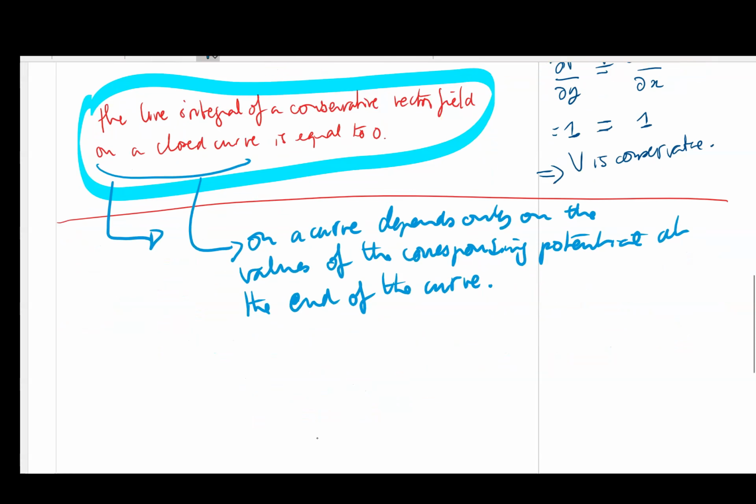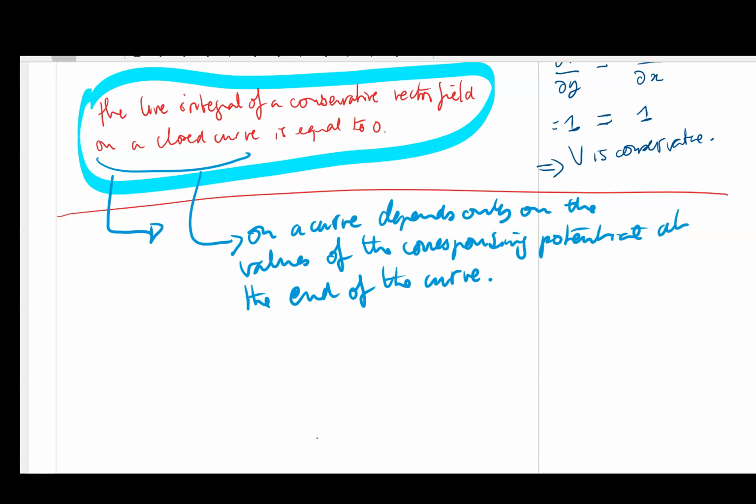Okay, so for instance, let's look again at the previous one, which we saw is conservative. So example, my vector field again is going to be given by P of x,y is equal to y and Q of x,y is equal to x. Let's find the corresponding